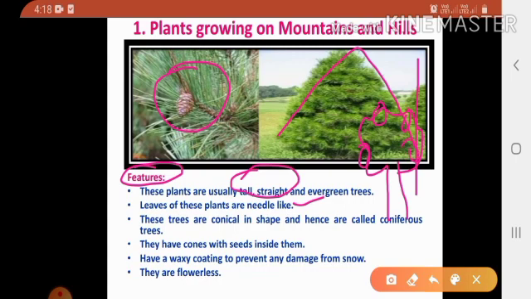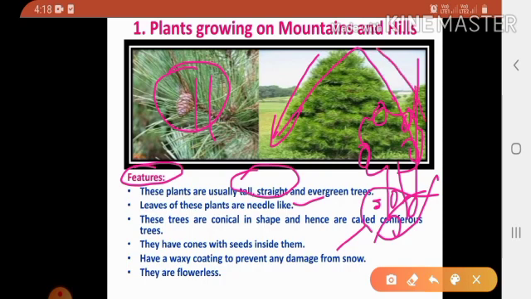And if the leaves are broad, then also snow will settle down on the leaves. But here the leaves are needle-like. So snow cannot settle down on the trees. It will slide off the trees easily.